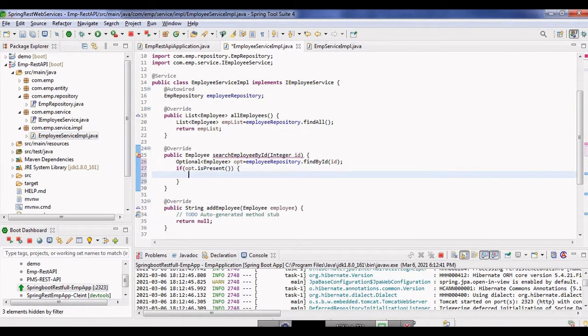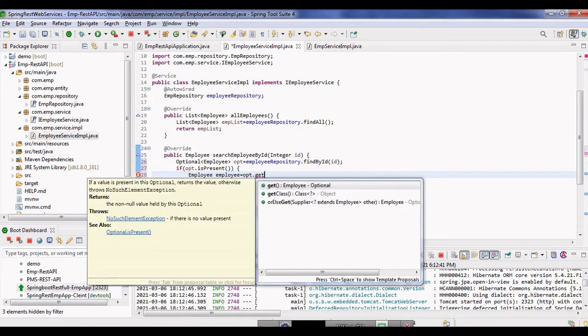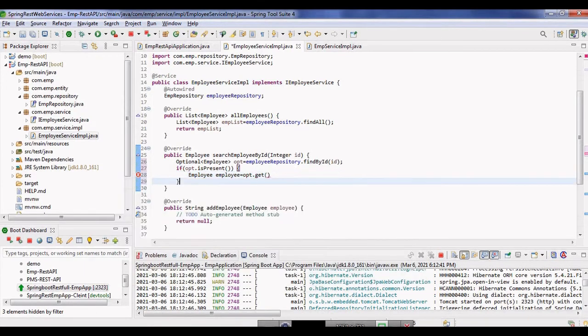If it is true, then it is going to return the employee object, so employee equal to opt dot get, which is going to get us the employee object, and I'm going to return this employee.